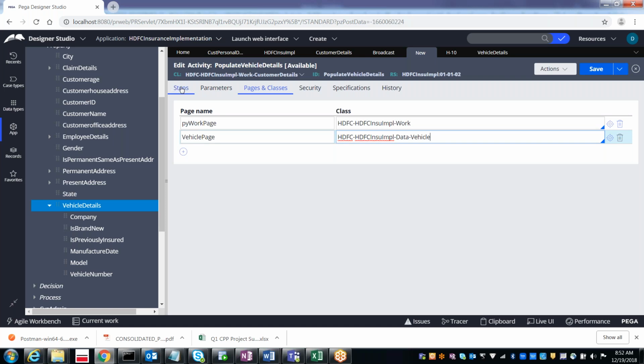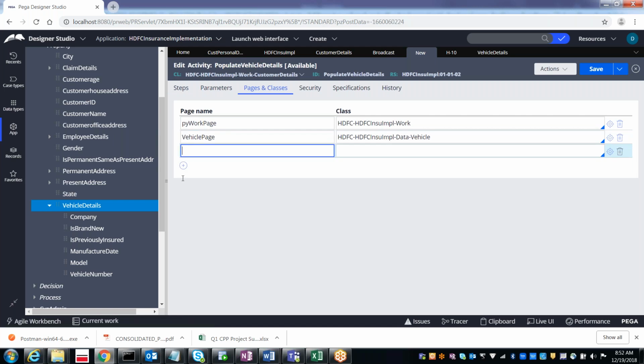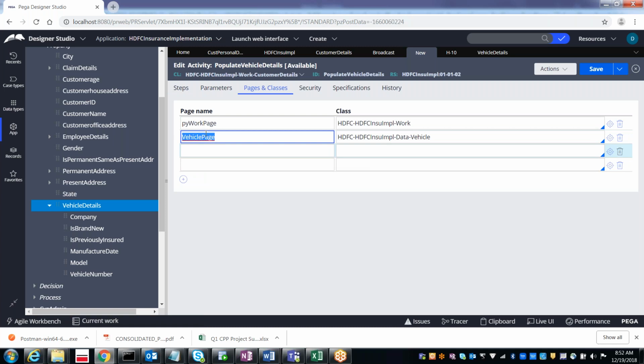Okay. Now go to the steps. Here we can specify as many pages as you want, all the page names. The page name can be anything. For the work object it is PY work page, but for the vehicles you can give anything. You can give even Satish page, something like that.